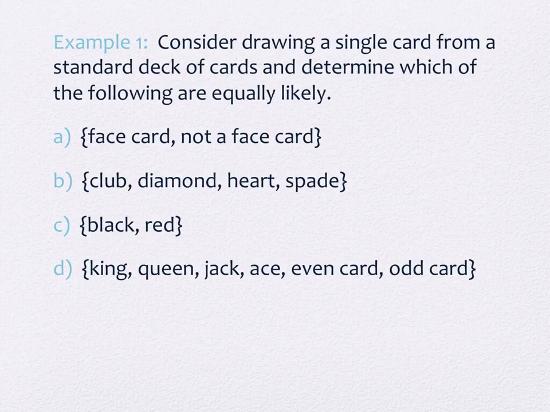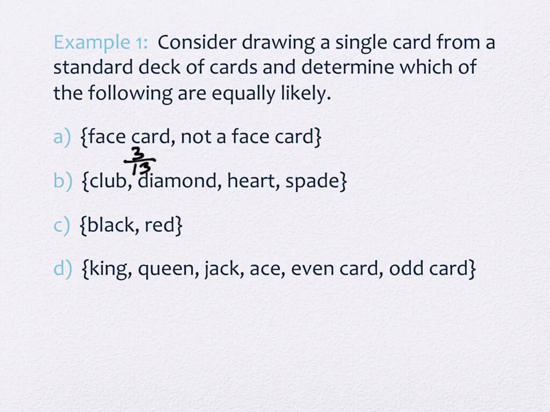But if you think about the face cards, which cards did I say were face cards? Jack, Queen, King. How many of them were there? 3. And within a given suit, there are 13 cards. So the face cards are actually 3 out of 13. If you want to actually count them, you're going to get